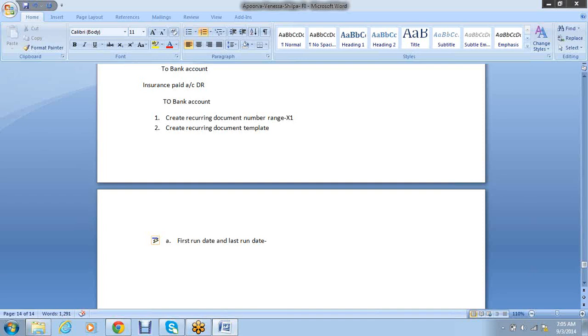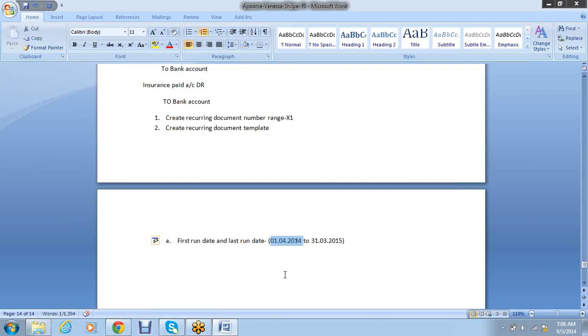Before that, for which period to which period. It may be for 1 year, it may be for 2 years, even it is for the old data. For example, if I give 01/01/2014 to 31/03/2015 for 1 year. Now when I execute for the first time, the system will start posting from the